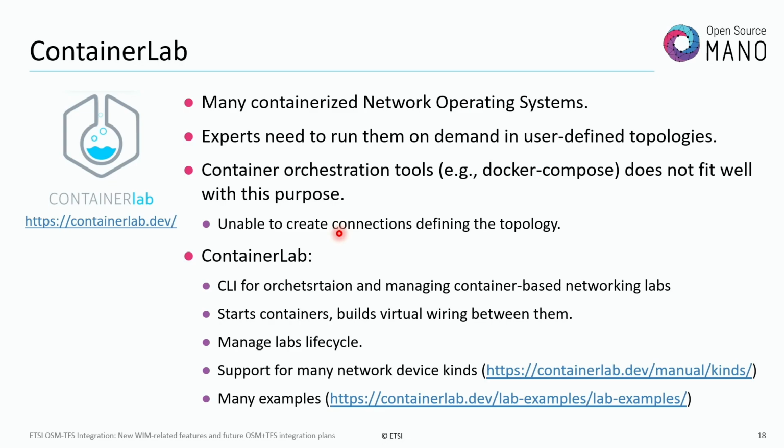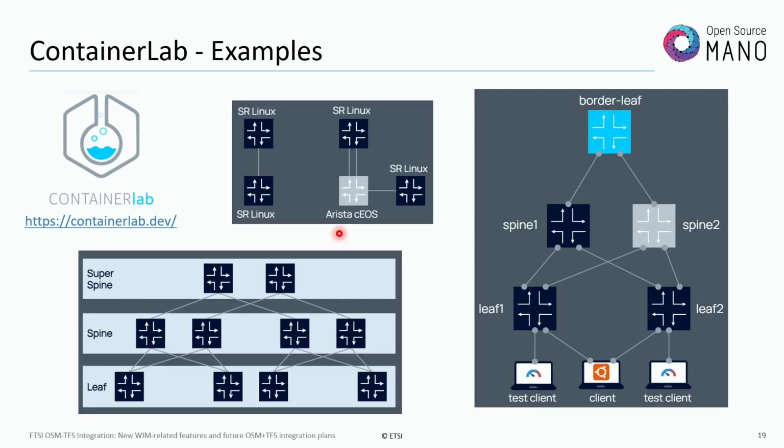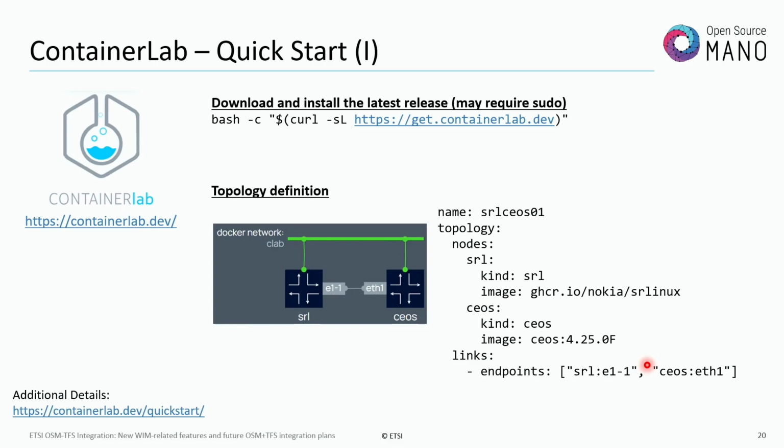Then, if we do that, we can create topologies, for instance, like these ones. These are just some example topologies, but the good point is that you can define the arbitrary topology you want. Then you can, for instance, deploy some clients connected to this topology, besides connecting them directly to the physical ports. And that means you can do some tests. How do you do that? Here is a quick example, extracted from the Containerlab Quick Start guide. I will not describe everything.